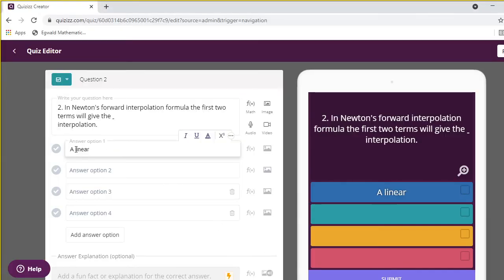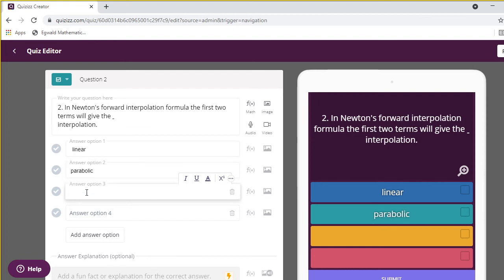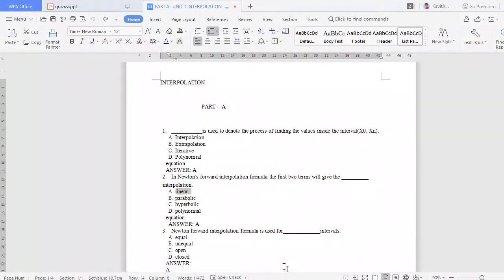Parabolic. Oh, it's in capital letters. Okay, hyperbolic. Parabolic, hyperbolic, and one more thing is polynomial.